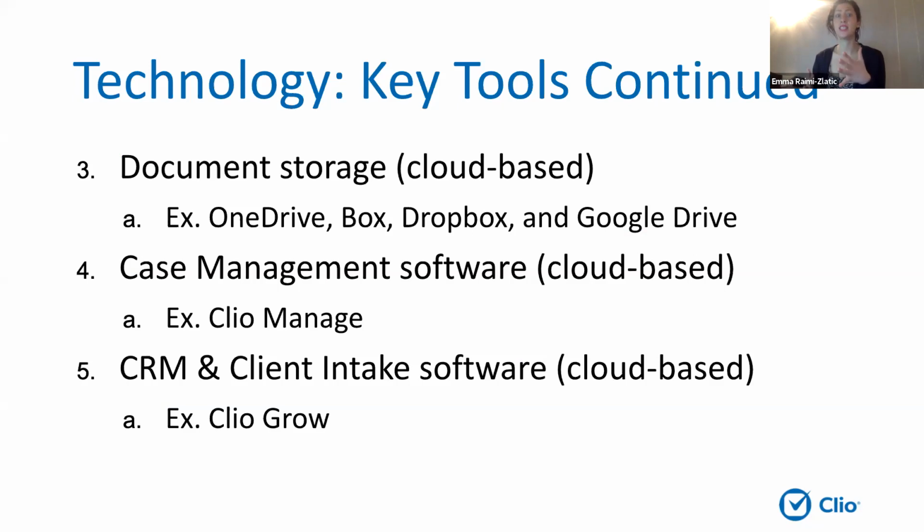Now, Clio does this, Clio Manage, but there's also a plethora of other ones. I think having at least something that provides you with that tool to communicate, send out online client bills, set up payment plans, accept credit card payments. It's super important to have that ability now more than ever before. So as you're thinking through some of these things, I highly recommend Googling case management software and finding more about that. And then, as I mentioned, CRM and client intake software is kind of the first set of software you want to think about